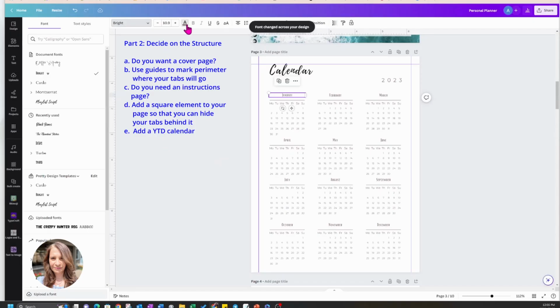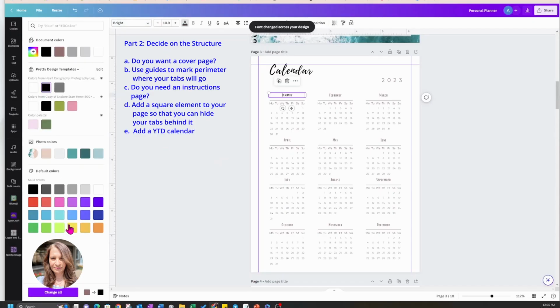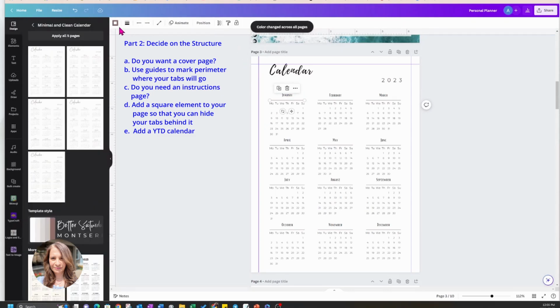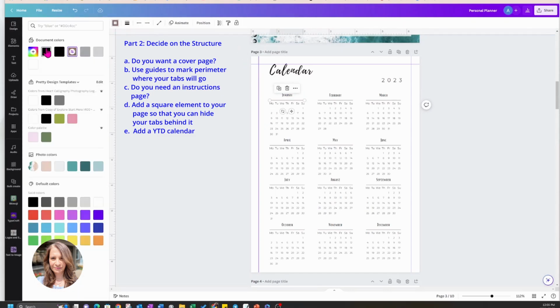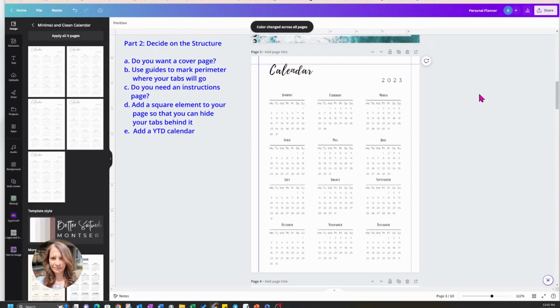I'm also going to change the font color to black and change them all. And there's this little line here, which I'm also going to change the font color to black, and change them all. Okay, so here's my calendar for 2023,